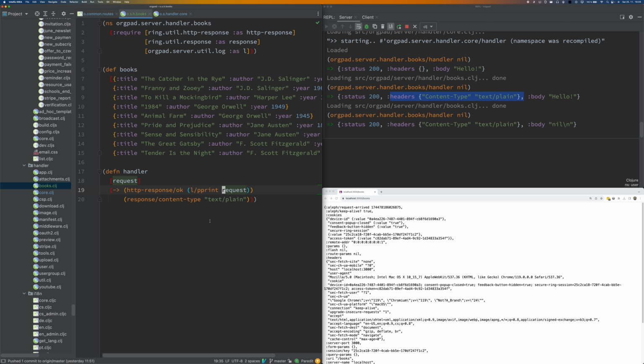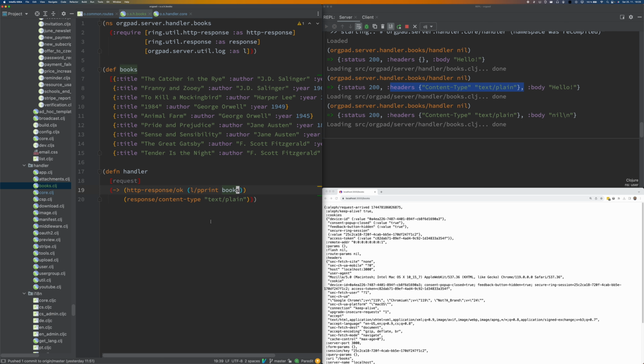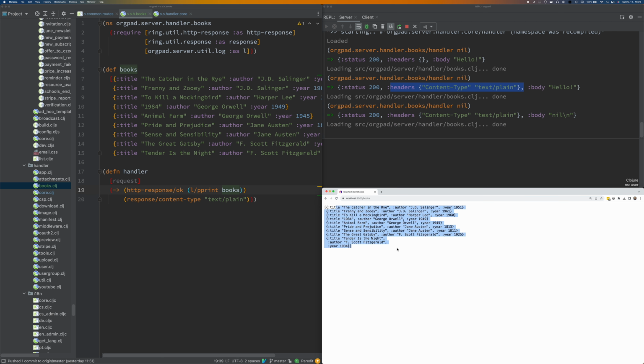Okay, suppose that now we want to display books, so the easiest thing we could do is just to pretty print them like this. I reload it, when I show it, I have my small database of books displayed. But suppose that we want to do some HTML instead. So what we can do is text HTML here and let's generate some HTML.